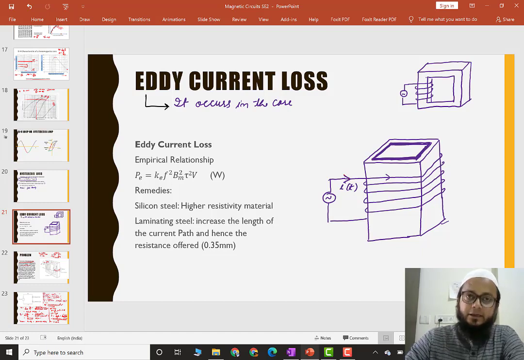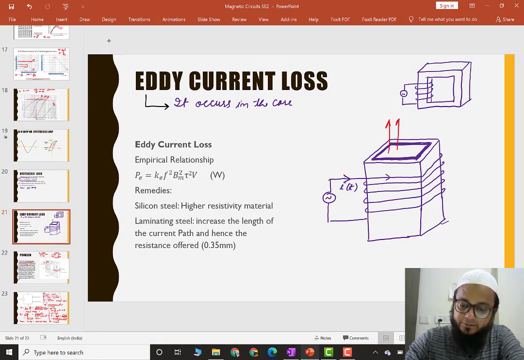Let's say the supply coming to this coil is a sinusoidal one, and because of this sinusoidal supply we have a sinusoidal, time varying current. We have seen in the previous cases as well that by applying the right hand rule, you will see that the flux will come out of it. So the direction of the flux would be somewhat like this. If the current is positive and it is coming in this direction and the current is increasing, then this is the flux phi(t), or the flux density B(t), in this direction.